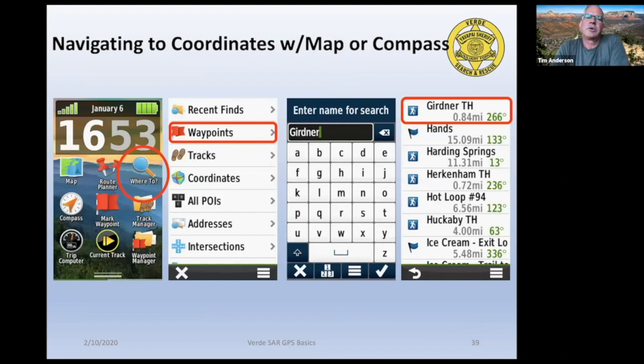When you're navigating to coordinates, for example, you would navigate to where the subject's coordinates are. In this case, this is an example of navigating to Gardner Trailhead. So to navigate, you say where to, where do you want to go? The GPS says, where should I take you? You click on this, you come up, you